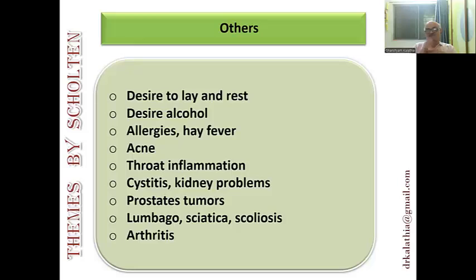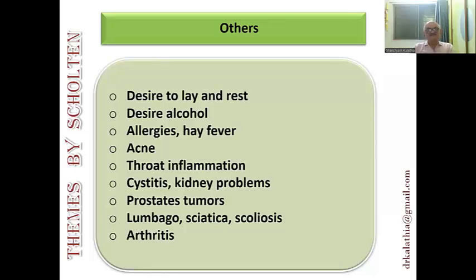Allergies, hay fever, especially of the respiratory tract, ear, nose and respiratory tract allergy is a big indication of this group of remedies. You can think of rhinitis, sinusitis, nasal allergy, running nose, frequently getting ill with these things. Acne. Acne is a teenager expression, and this row quality is of school age according to the PEM method, another perspective. That's why you find acne also in this group of remedies.